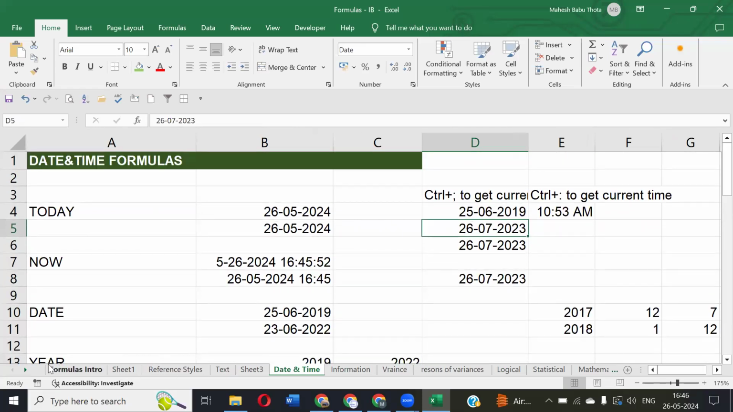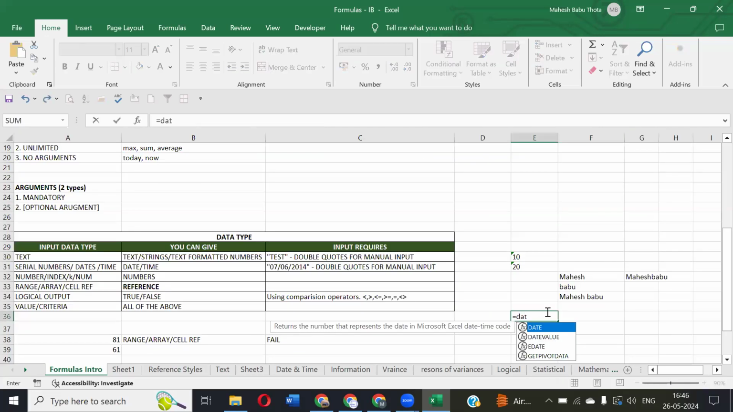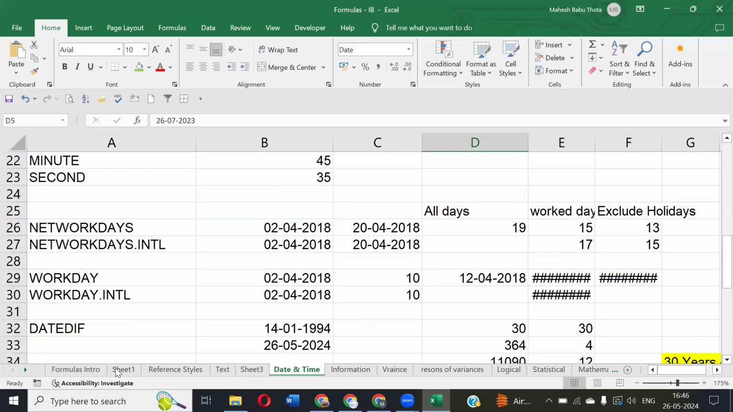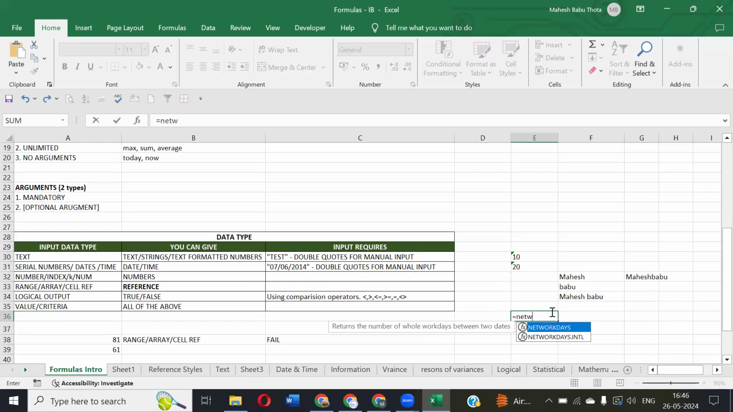Okay, let's take networking days. Can everyone see this? The moment you open this formula called networking days, it's asking the starting date, right? If I'm writing this starting date in the formula itself, let's assume the starting date is